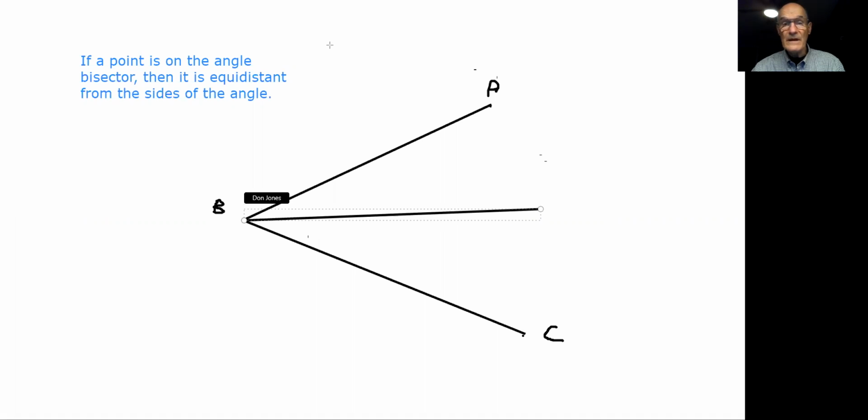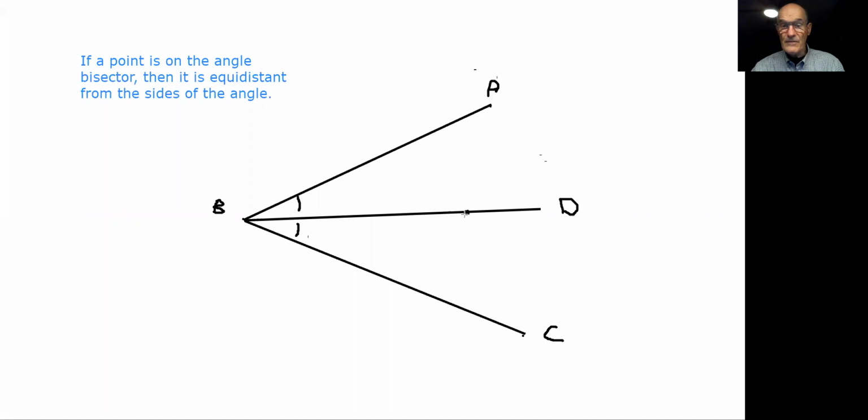So I'm going to let that be point D right now. So if I pick a point on the angle bisector here, now remember, angle bisector means this angle and this angle are the same. And then what I'm going to say is, okay, if I draw the